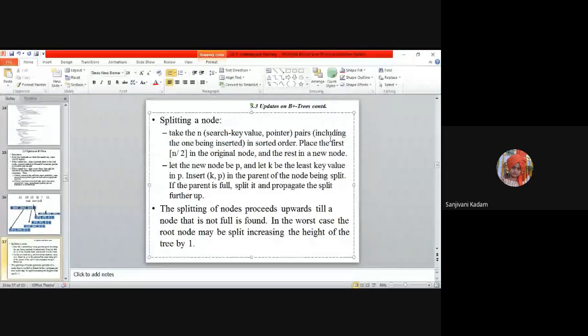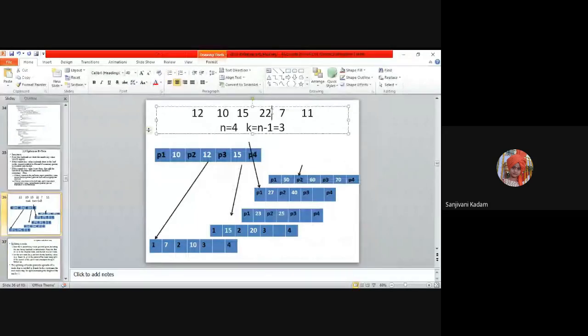So this was the set of pairs I have. I have to take these in sorted order, so we will shift this. This will be my sorted order, but there should be only 3 keys in each node.